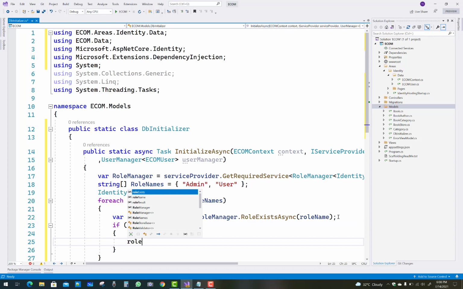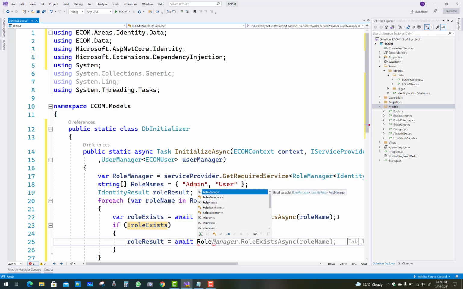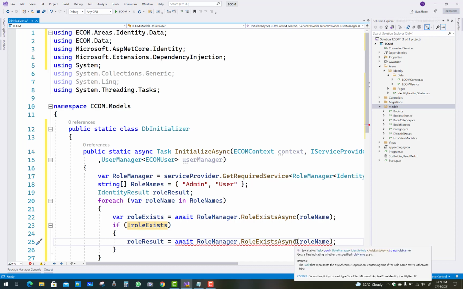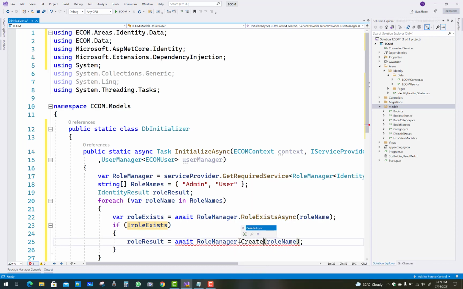If not roleExists, then you can use roleResult equals await roleManager.CreateAsync. If you use CreateAsync, then you can add the new role into the database table.